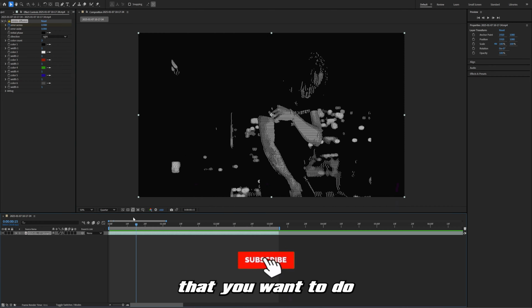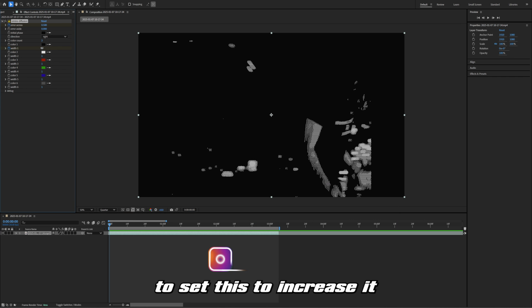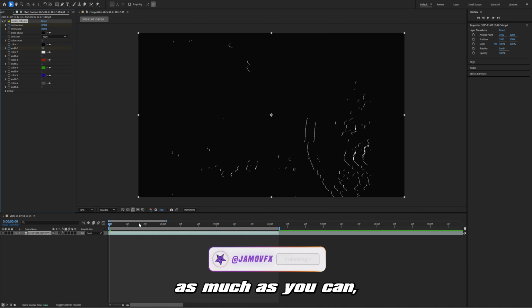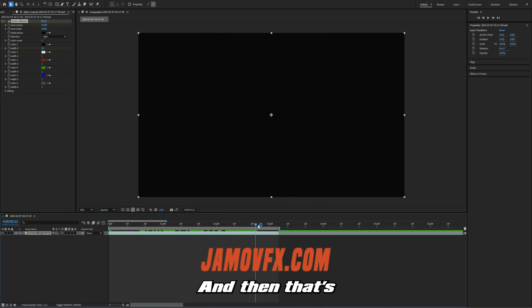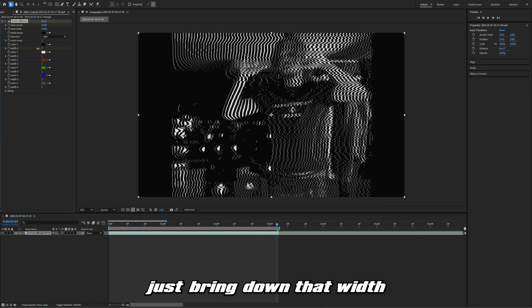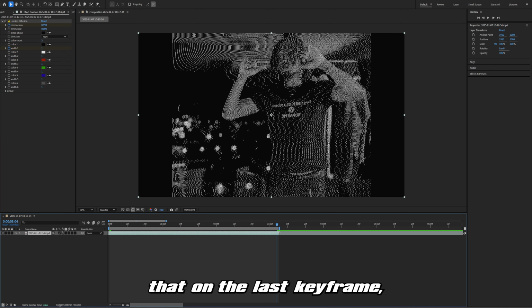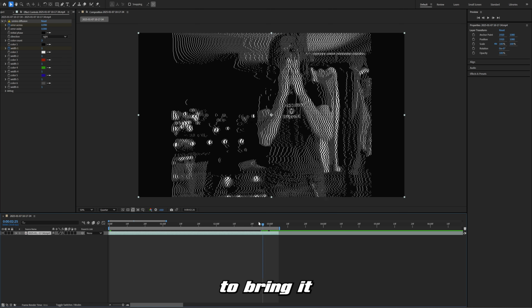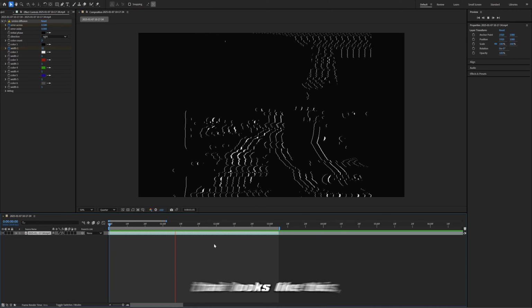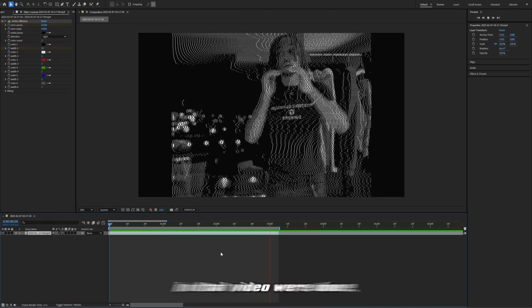Then the next thing that you want to do is for width right here, you're just going to increase it as much as you can, like at 32, and then that's what's going to separate those lines and bring them out like that. And then if you just bring that width back down to 0 as you keyframe that on the last keyframe, you're going to bring it back to normal. So you got something that looks like this,